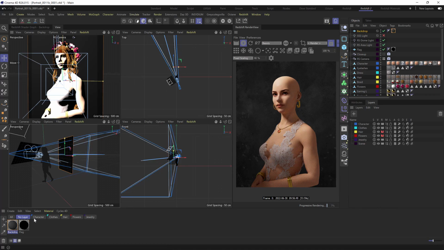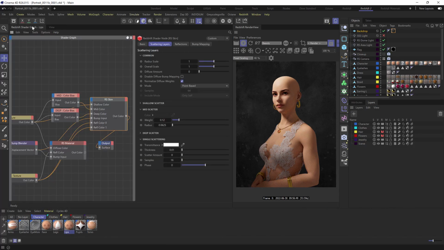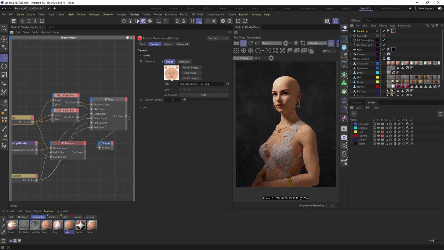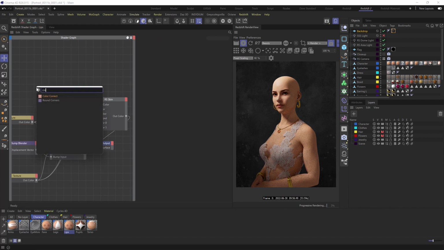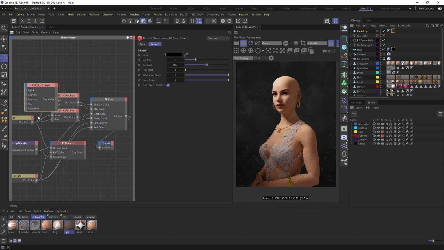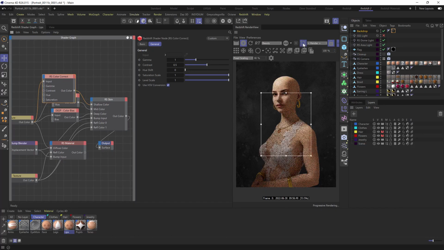So let's head over to the character materials and grab the lips, and back in the shader graph, here's the skin shader we set up earlier, which we'll keep. We just want to redden up the lips by increasing the saturation of our diffuse map here. So let's add a color correct node and plug that into here. And the out color will replace the shallow color, which is the outer layer of skin in the skin material. And now if we just isolate those lips,